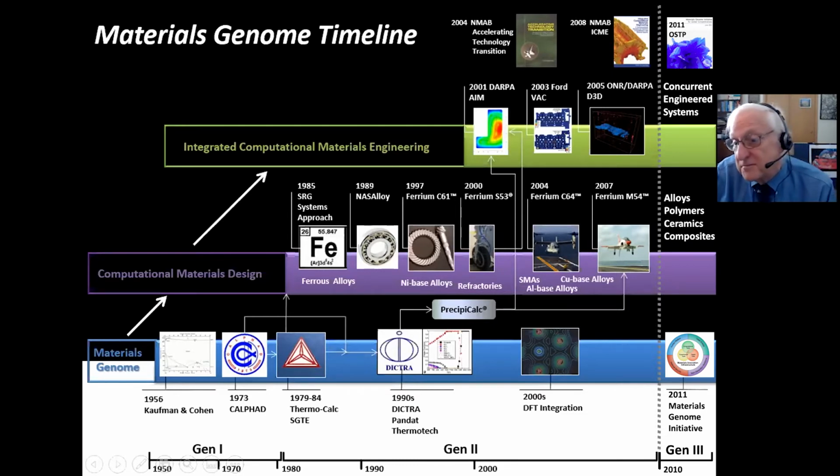And this has been written up in various Academy reports, and significantly, it is the 2004 Accelerating Technology Transition Academy study that really used the example of AIM to pose the issue and call for the Materials Genome Initiative to broaden the application of this technology. And I should say, as I'll get to in a minute, I think the most important aspect of that cycle